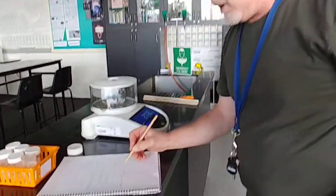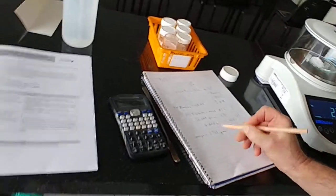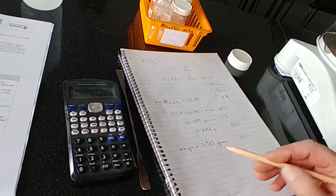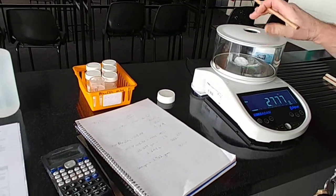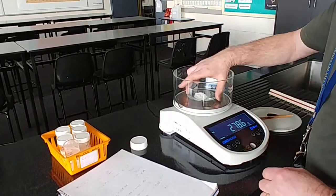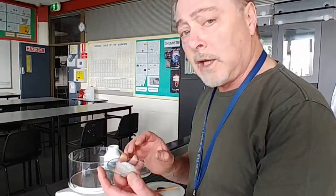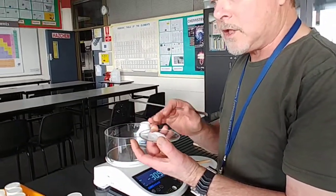Okay, so going backwards, this is going to be a little bit more than 0.1 molar. It's going to be greater than 0.1 because we're using a fraction more. Your teacher will go through and explain to you how to go backwards and work out your actual molarity of this standard solution. Now, once we have our standard solution in our boat, now this container here is a watch glass, but it becomes our boat. This substance here is quantitative, so it's an exact amount,